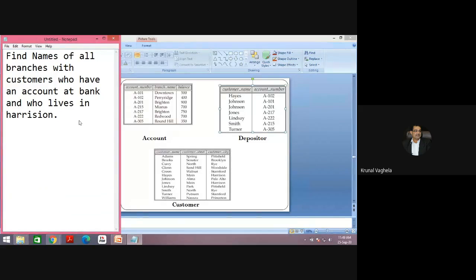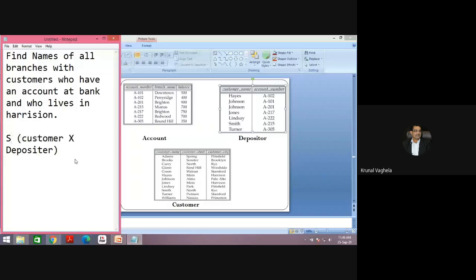First I will perform the Cartesian product of customer and depositor. This is first. And now what are the common attributes? Customer name.